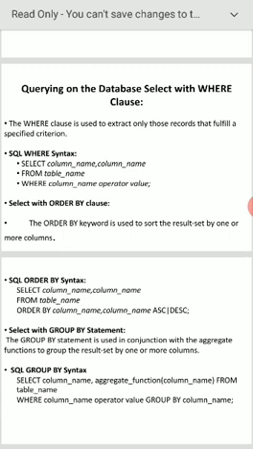By default, it will arrange in ascending order. If you want to arrange in descending order, you have to use the keyword DESC. Now let us see how we can use this one, how we can write the statement syntax. Select column name, comma column name from table, order by column name. If you omit ASC or DESC, it will arrange in default ascending order. For ascending order, you have to take ASC. For descending order, you have to take DESC.